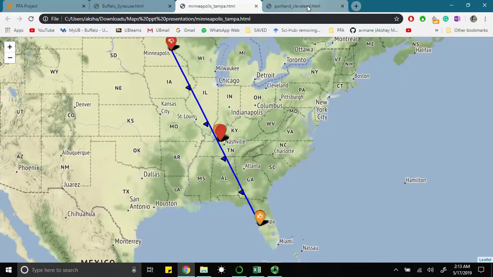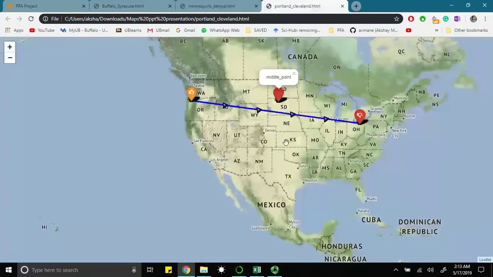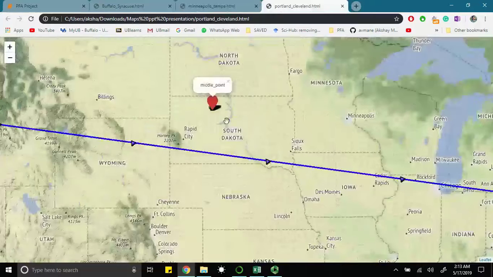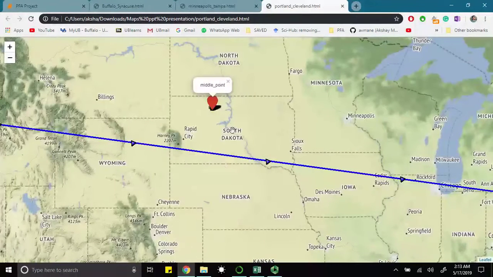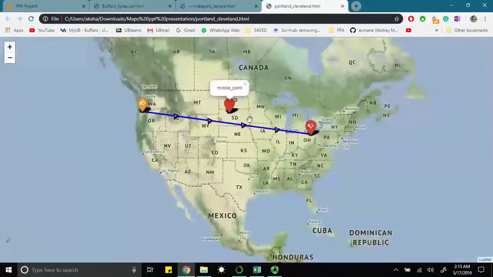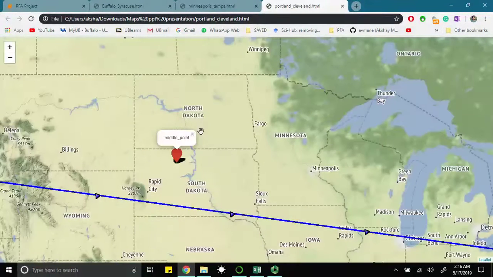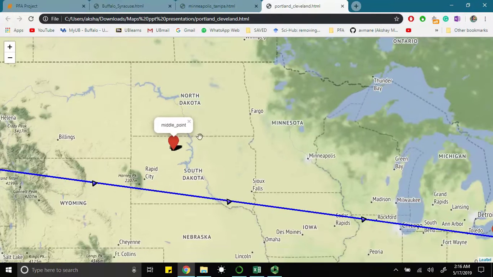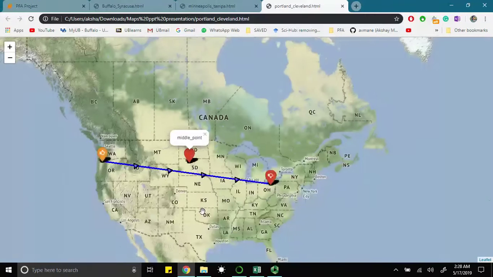We found something strange when we ran different iterations considering different cities. For instance, for Portland and Cleveland, you can see the midpoint is quite far away from the line. Also, there are no restaurants near the midpoint. The possible explanation could be that this might be a hilly region, or there are no restaurants in our database to show here. Based on this, there are several shortcomings in our project, and some of them are